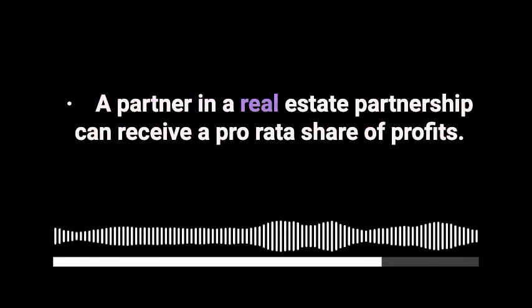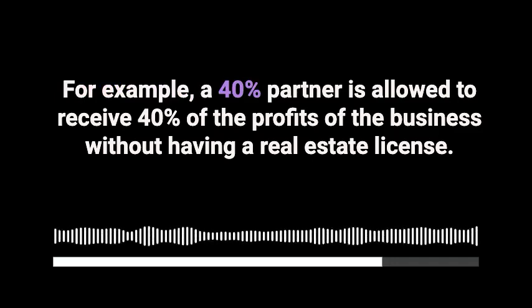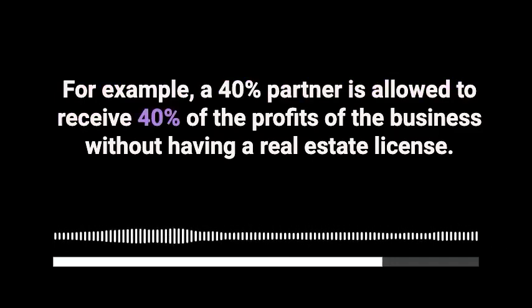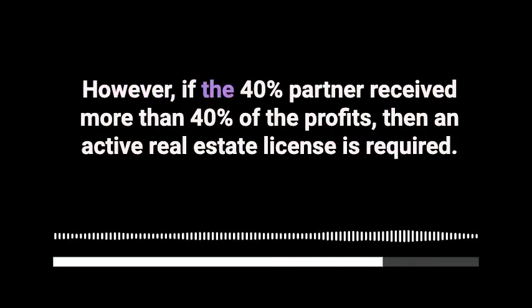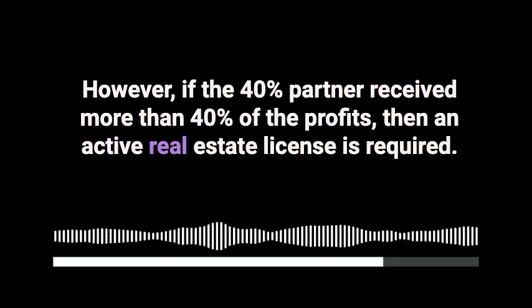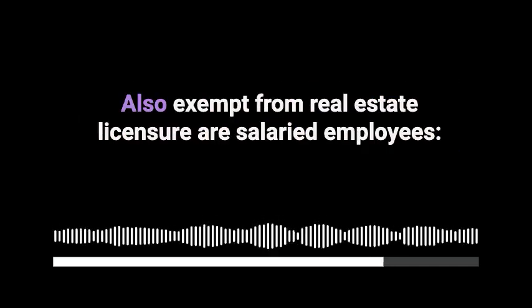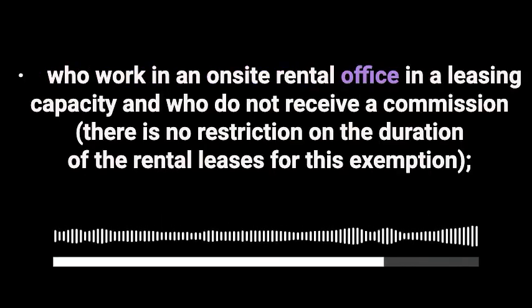A partner in a real estate partnership can receive a pro rata share of profits. For example, a 40% partner is allowed to receive 40% of the profits of the business without having a real estate license. However, if the 40% partner received more than 40% of the profits, then an active real estate license is required. Also exempt from real estate licensure are salaried employees who work in an on-site rental office in a leasing capacity and who do not receive a commission,